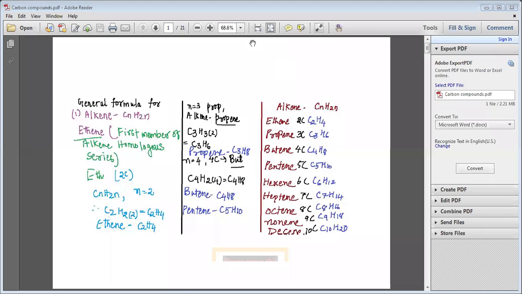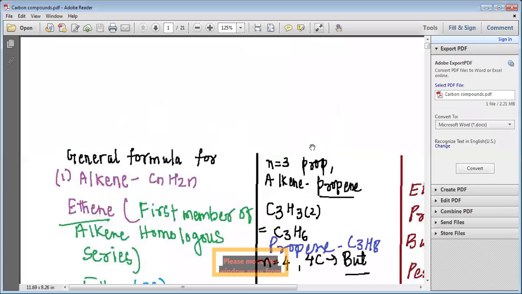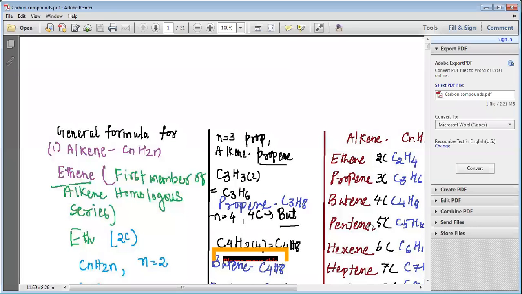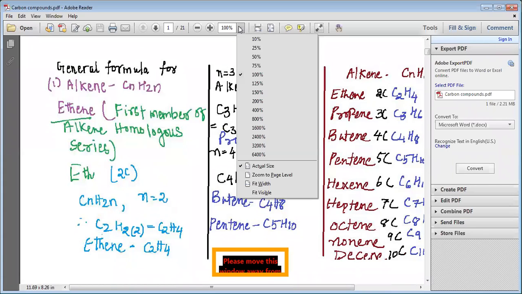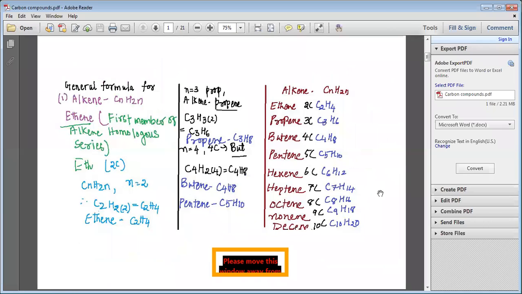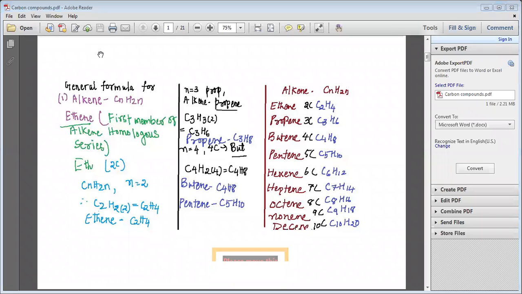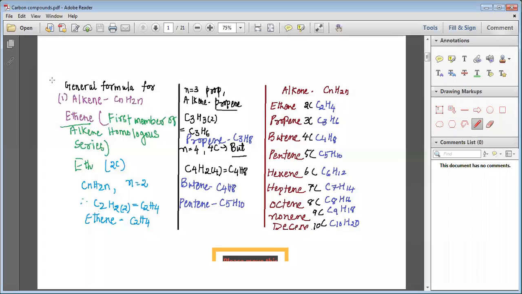So my dear students, in the previous class we studied about the alkanes. We saw that the general formula for alkane was CnH2n+2. Now, in this class, we are going to study about the general formula for the alkenes, alkynes, and some other groups. So, let's start our study, my dear students. Let us first study about the general formula for alkene. The general formula for alkene is